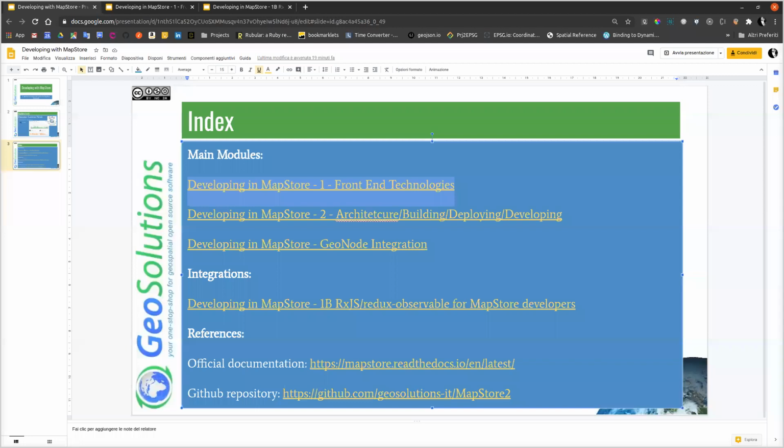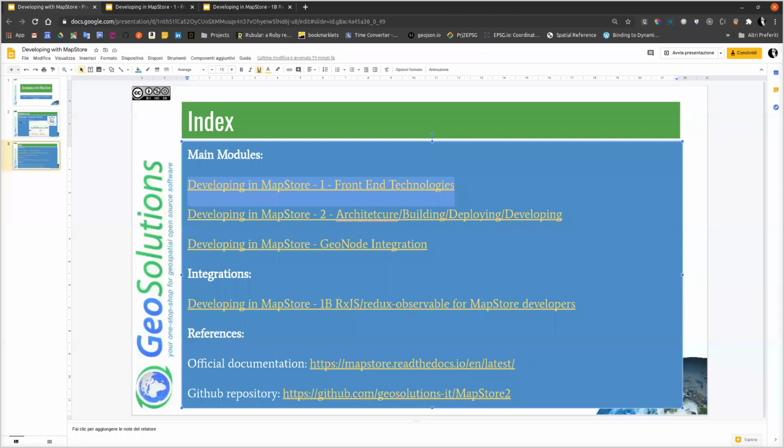Tips and tricks, various things, and also its integration in GeoNode. The first module is basically a checksum of the technologies used by MapStore and a small